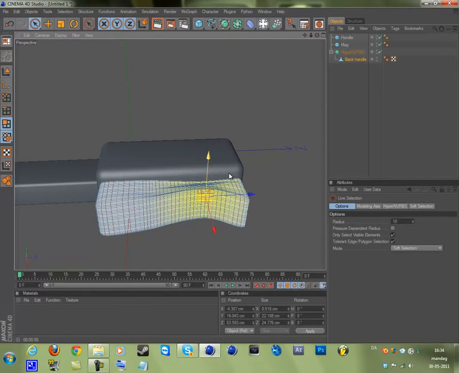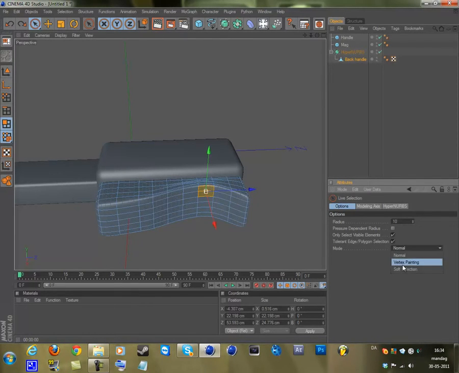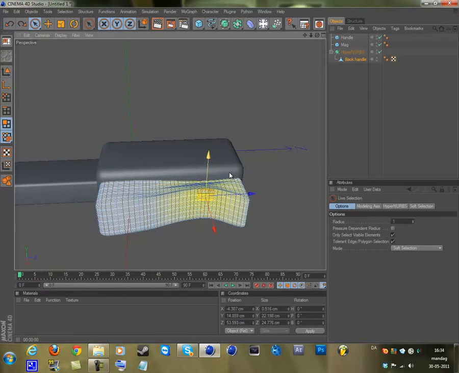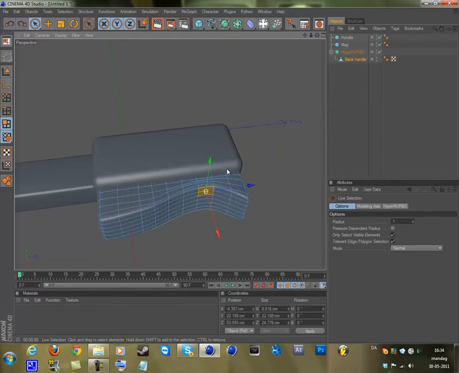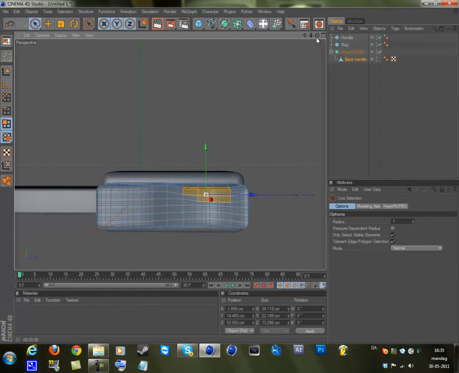Okay, forgot what I said. You know what, just go into normal selection and select some polygons here. Select some with the live selection tool, not these whole inner ones, but just these outer things, and do that on the other side too.